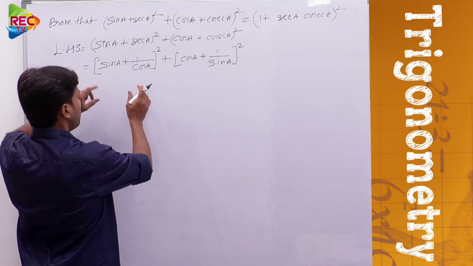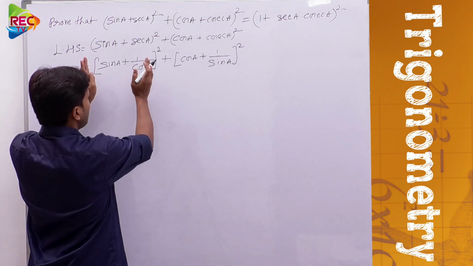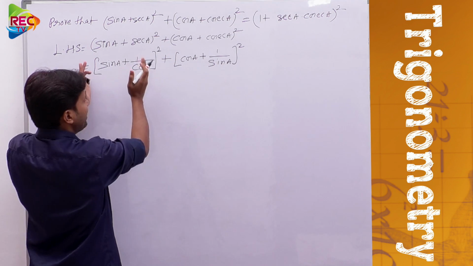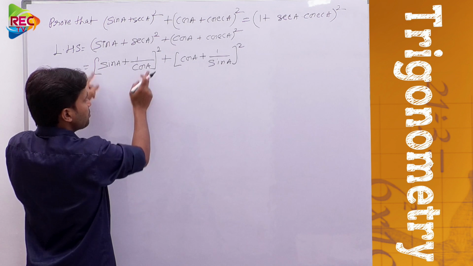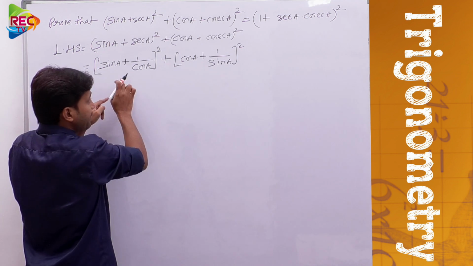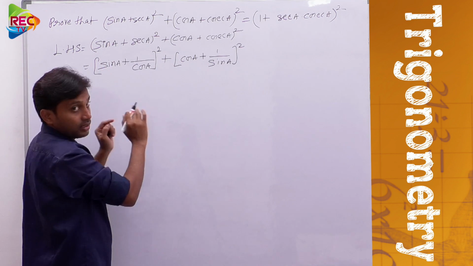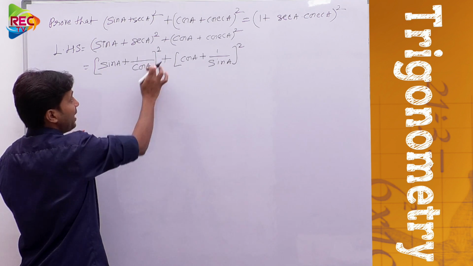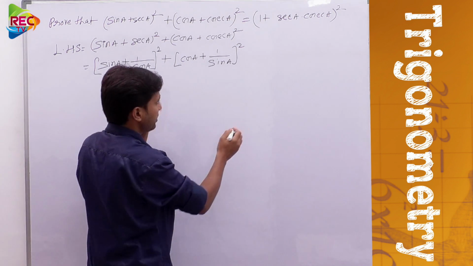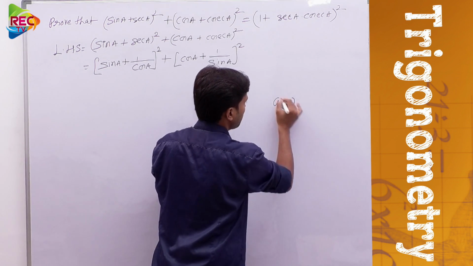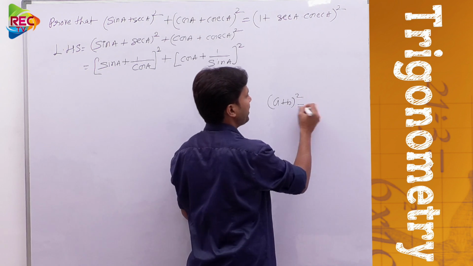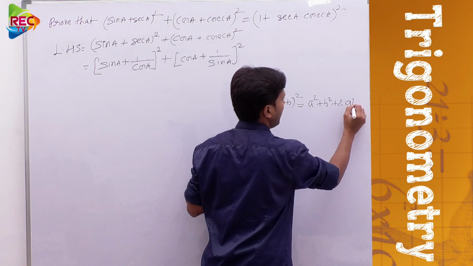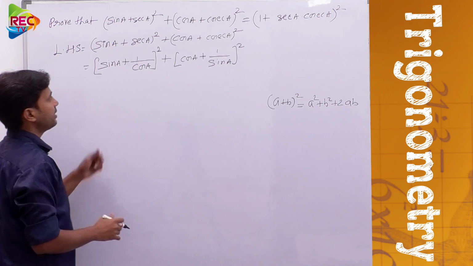Now what can we further do? Here these are the two different expressions we obtained. Now we need to solve each bracket individually. To open this bracket, we need to identify the form it is in. If you consider this sin A as A and 1 by cos A as B, then this is in the form of (A plus B) whole square, or not? Yes. So we can expand it in the form of A square plus B square plus 2AB. Same thing we considered here.